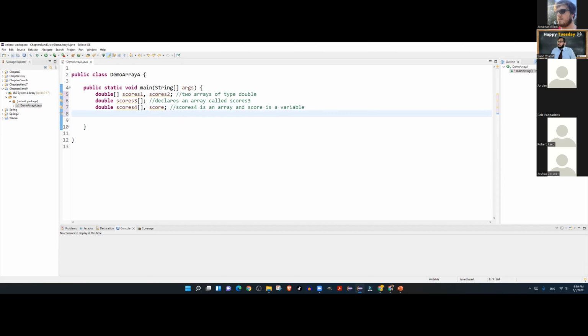So that is the difference between using the square brackets with the data type versus using it with the name. If that name is the only item on that line, then it doesn't really matter. But if that name has other names on that same line, then using square brackets with the name will make only that name an array, and the rest of them will be variables.